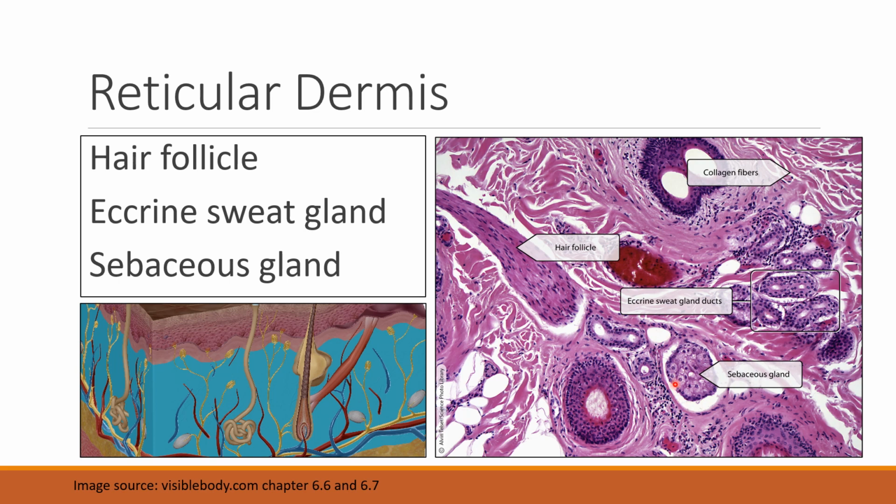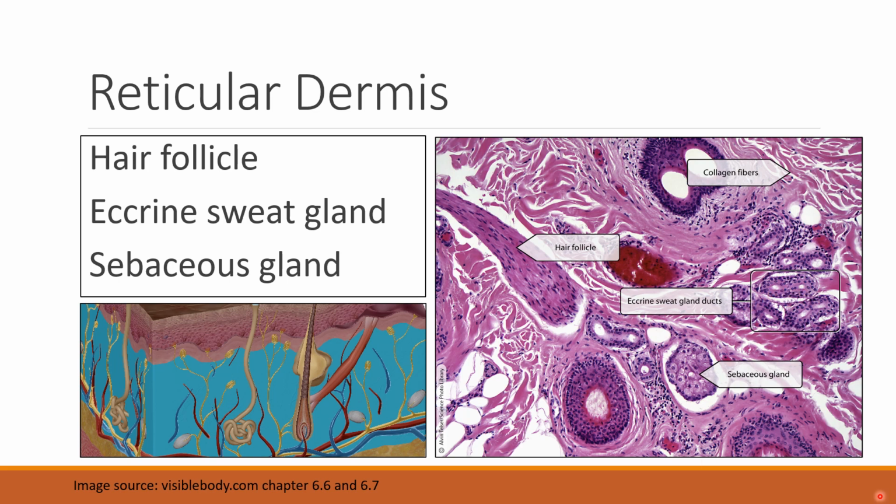But these sebaceous glands are filled with more of an oily substance compared to these eccrine sweat glands, which are more watery. Therefore these cells look more, for lack of a better word, poofy, and they are filled with more lipids, and they have that very oily appearance when you're looking at this compared to these other